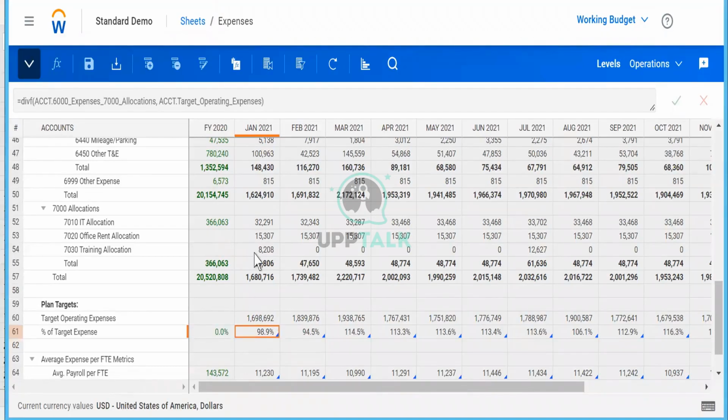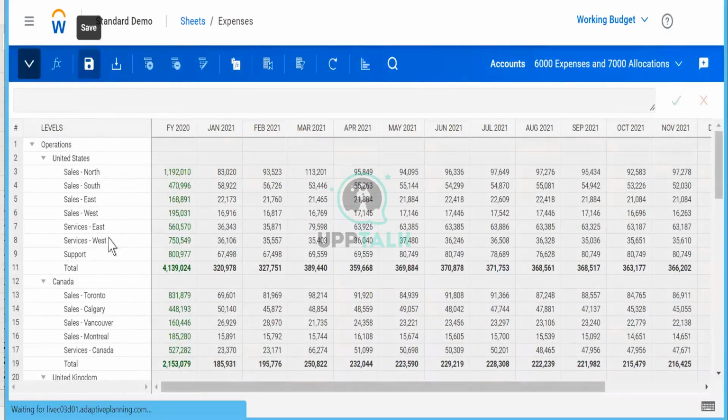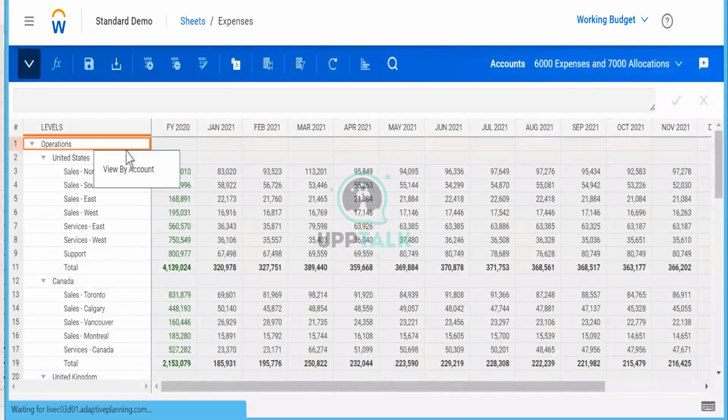And now this is the save button. Basically, whatever changes you do in the template, if I do this view by level and swap the access, the save button will pop up. You can see you can save this level for further purposes also. You just save it. It's just a save button. Now I can do it by view or by account, because I want it by account. Only the data is there in the system.